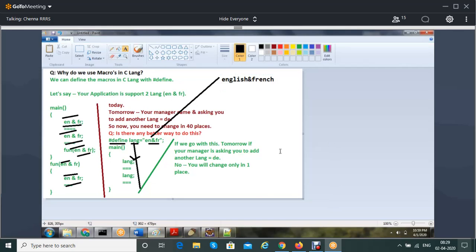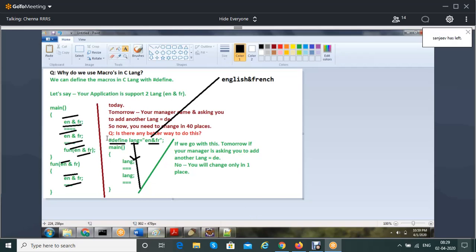So in simple words, if you have some piece of code which you are going to use in many places, instead of keeping on writing it, keep that in a macro, so that tomorrow if you want to change something, you can change it very easily.